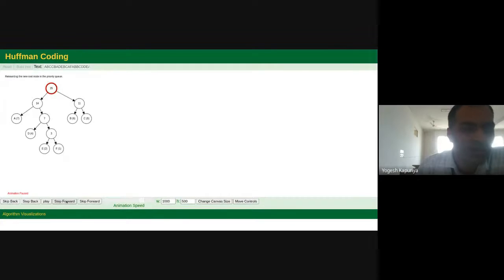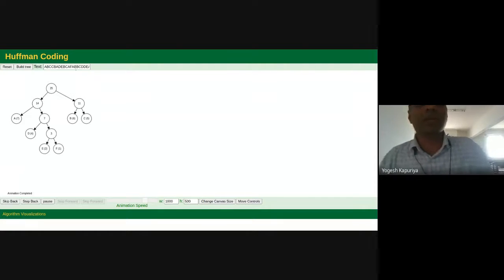So if you see now, you have this Huffman tree ready. All the letters will be at the leaf position. And now you are supposed to mark 0 and 1, right? So this is just for creating a Huffman tree for any given text. So I hope you understood this. Any doubt till this point?